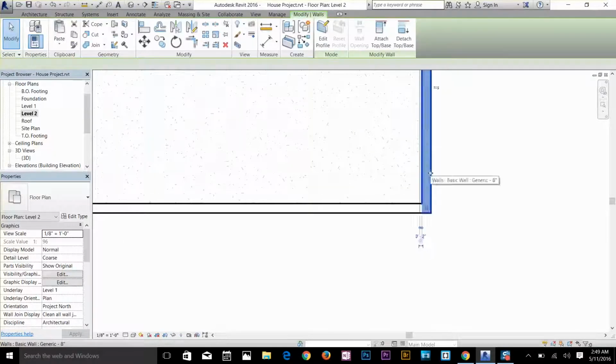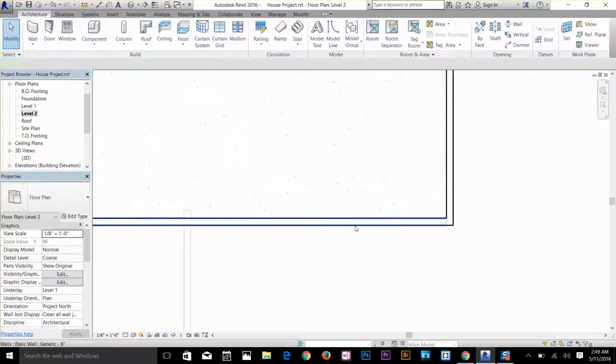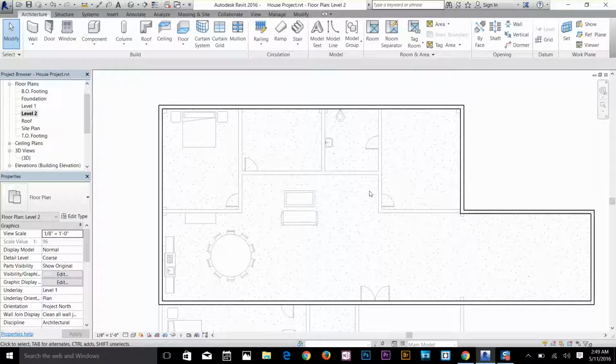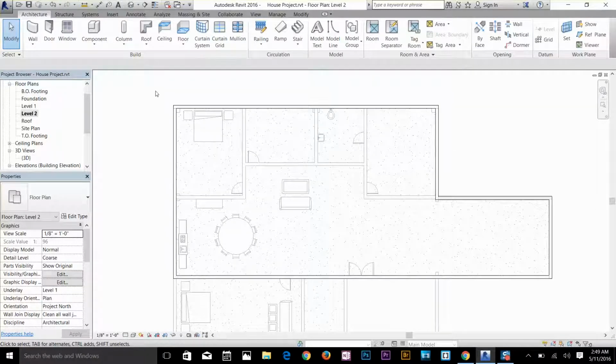Alright, I think the rest is all good. I'm going to select this wall and just move it to the left a little bit. Yep, that's fine now. Okay, so we got our walls for the first floor. I can create a room later on, but let's create a floor now. So I'm going to select